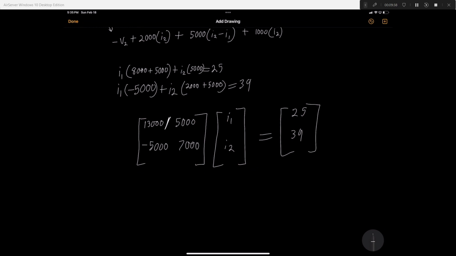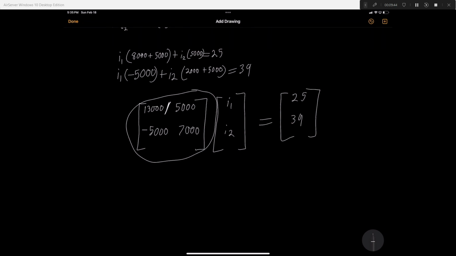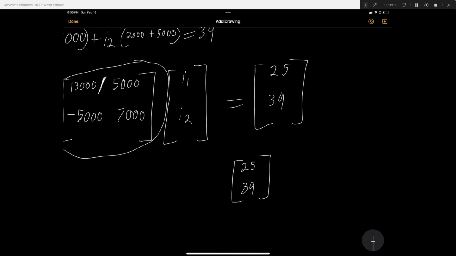And then we divide this matrix over. So then we'll have 25 over 39, not like a fraction, this matrix. Then we'll have 13,000 and